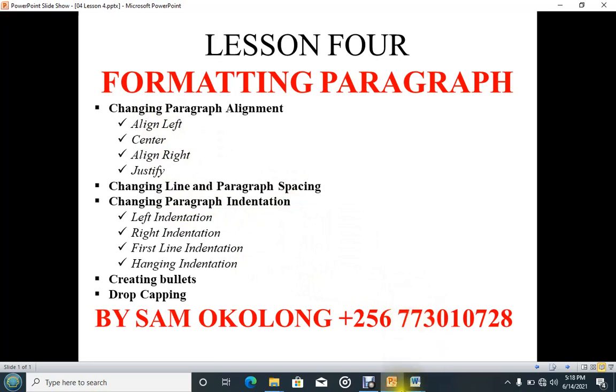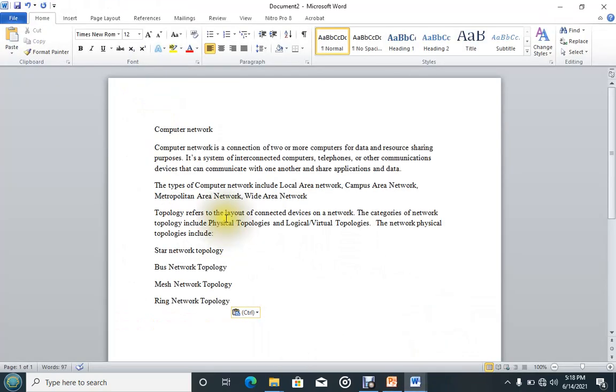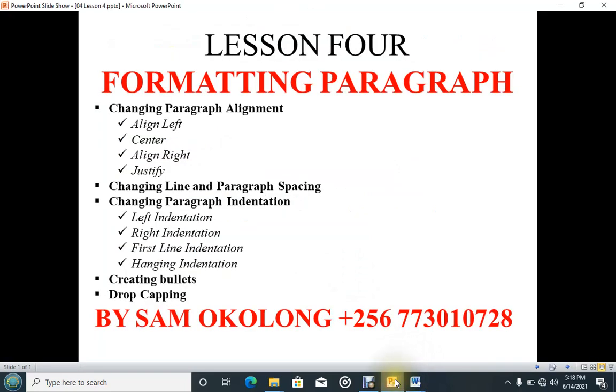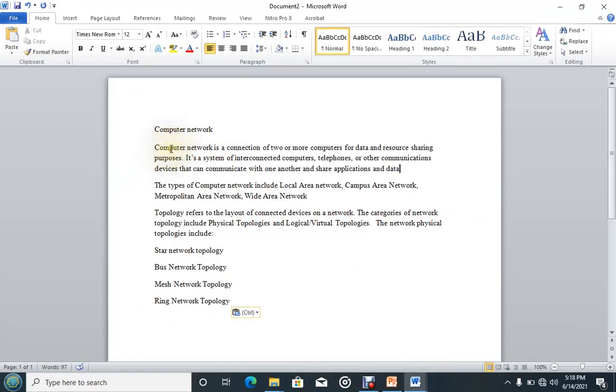So let's begin straight away. We are going to use this simple document that we are seeing there. I will advise you to first pause the video and type it in so that you can also do what I'm doing. We are going to begin with the first one, and that's alignment, or changing the paragraph alignment. I told you by default when you are typing it will always be aligned on the left. You will find here there is no disorganization. It is arranged very well, but this side you may find one line stopping here, another one entering in. So this is what we call the alignment.